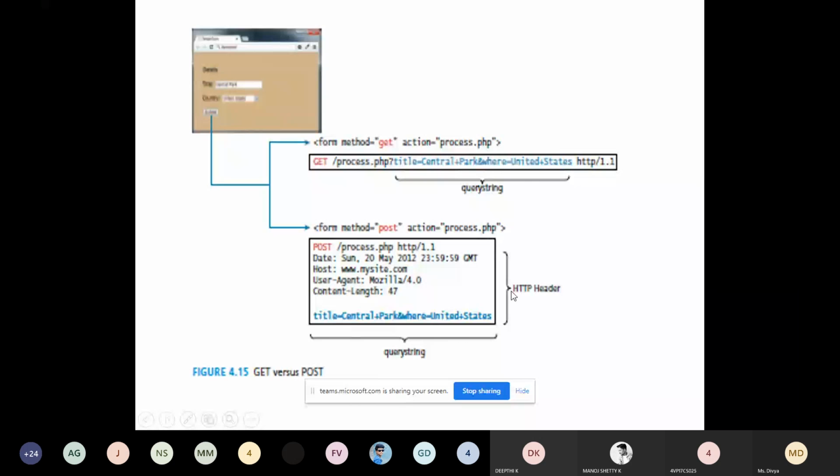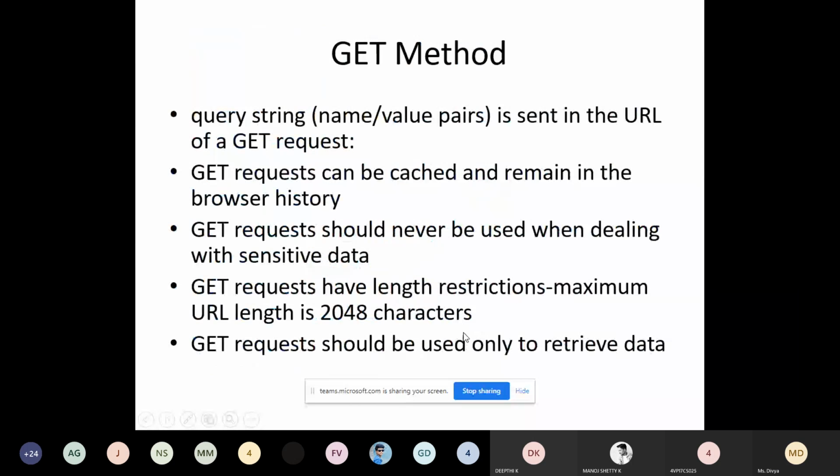In the get method, you will have the query string. The query string is a way of sending the data in a get request. One more disadvantage of the get method is that the data can be cached.